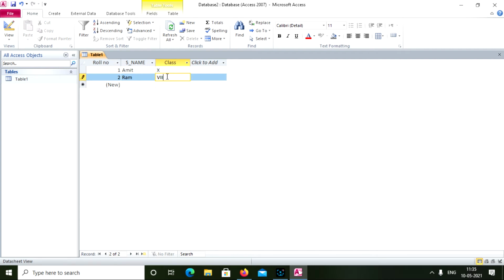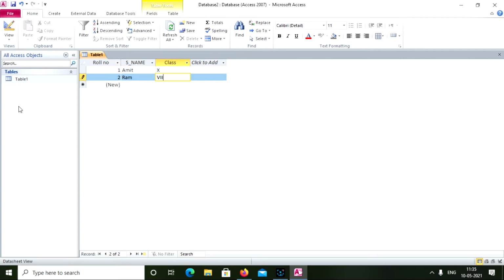Now, what are the components of Microsoft Access 2010? There are various components. Look at the mouse pointer. This is the quick access toolbar, which by default has the save button, undo button and redo button. Next, this whole part is known as the ribbon. This is the file tab, this is the object tab, this is the title bar. These are the groups under the ribbon: text formatting, find, record, sort and filter.